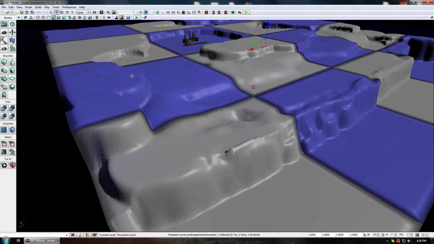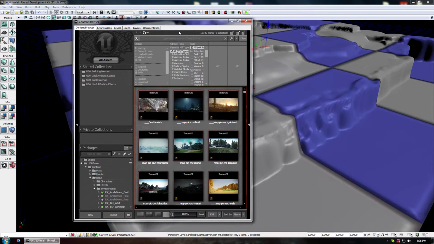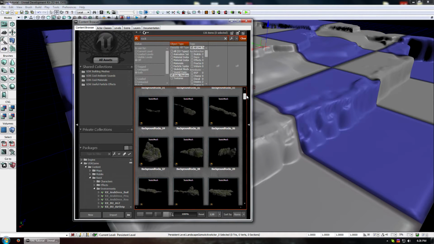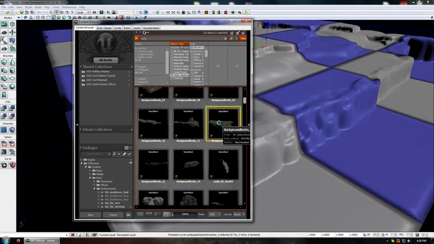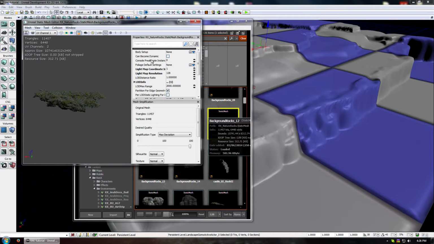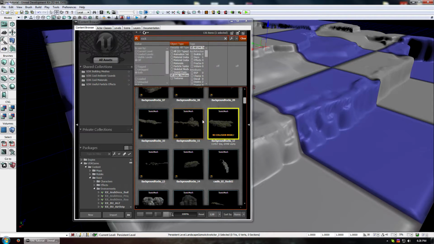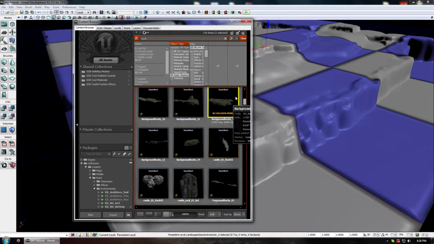But this episode is going to be about rocks or meshes. First off, I need to select a suitable rock. So if I go to my content browser, just type in rock, go to static mesh, let's find a suitable rock. I could use these and retexture them or put a new material on, but I'm not really a fan of this. And I don't think any of these actually have collision. And I'm not willing to put a